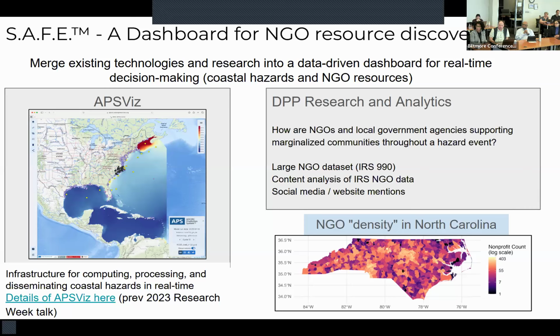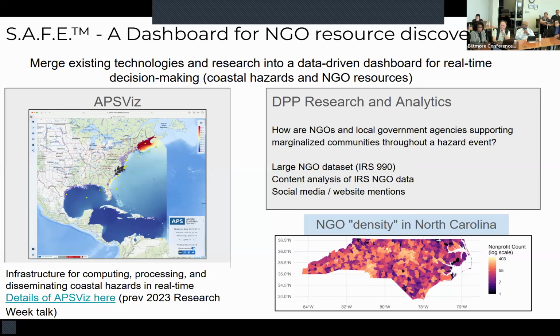The image at the bottom of the screen, this is again specifically looking at NGOs in the state of North Carolina. You see that the lighter color references that there is a larger count of NGOs, and the darker color represents that there is an absence of NGOs. And again, these are NGOs identified by completing their tax form upon starting. And so as you would suspect, in metropolitan areas, we see that there are more NGOs. But then we also see these pockets of places where they're not there.